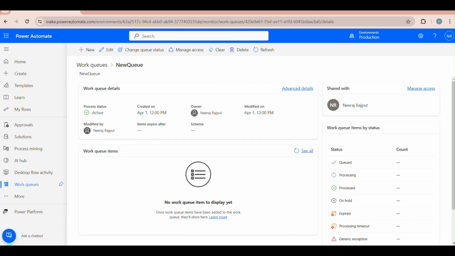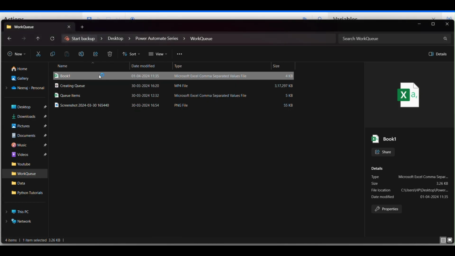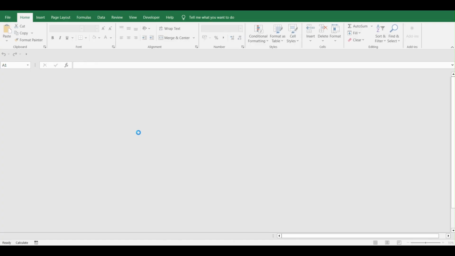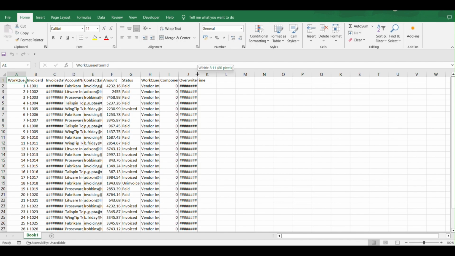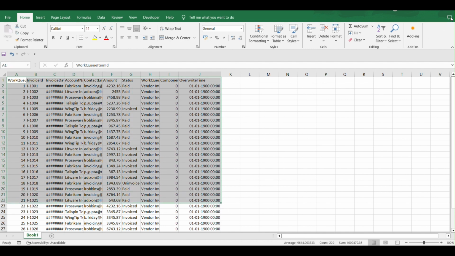So the first step today is we will have to create a new queue. I have just created a new queue with the name new queue, right? Also, I have an Excel file which I'll share the link of. You can download this file from the description link below. So this is the Excel file, and this data we are going to add into our new queue,